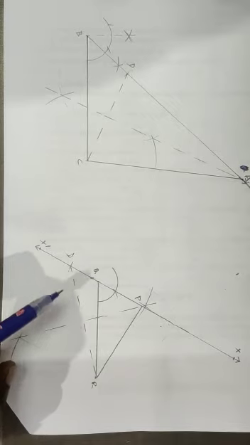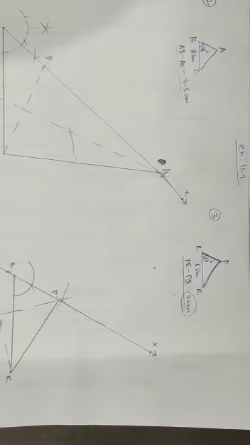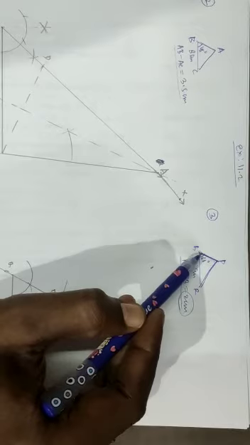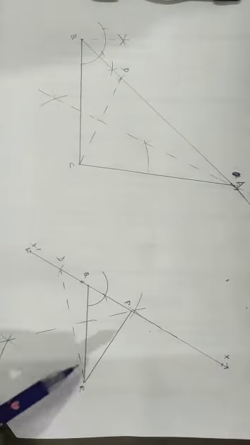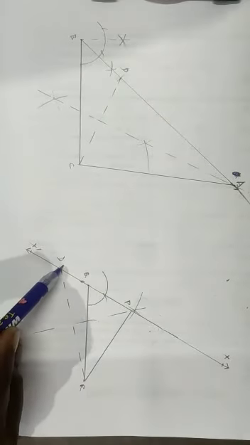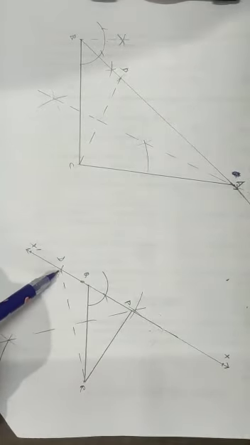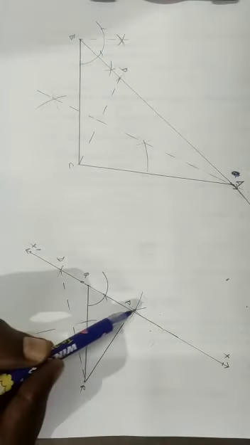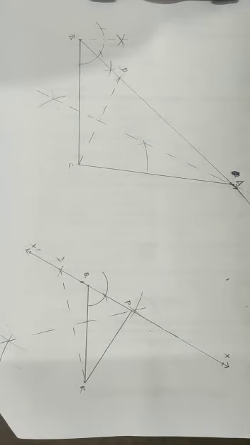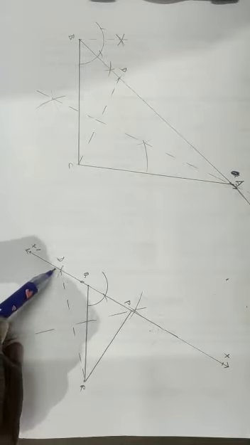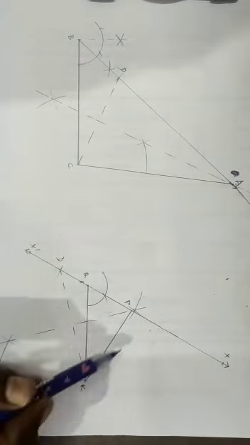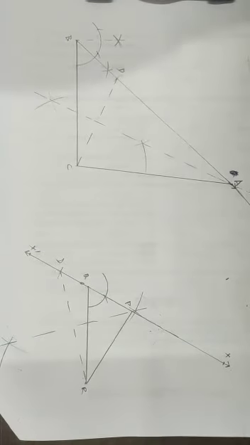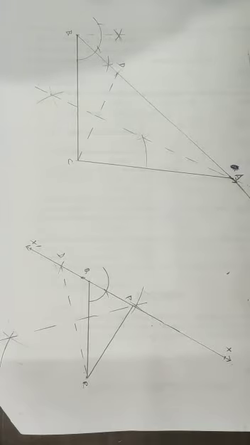So in this particular case where you find that this side is smaller, smaller by how much? 2 centimeter. So what we will do, we will cut 2 centimeter opposite to QX, we will make it 2 centimeter small, and then we will join D to R. After that we will draw the perpendicular bisector of DR. That perpendicular bisector of DR will intersect this QX at P. So PQR will be the required triangle. So this is how to construct a triangle when the difference of the sides is given.